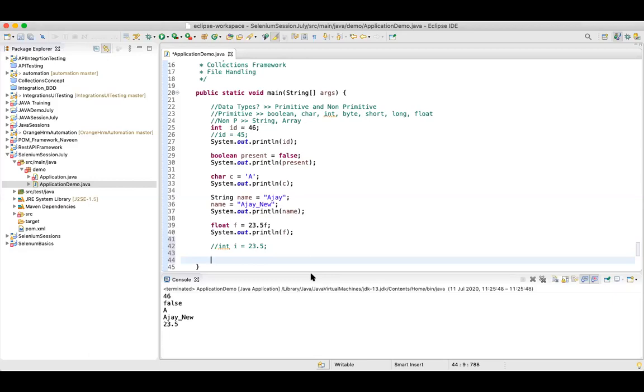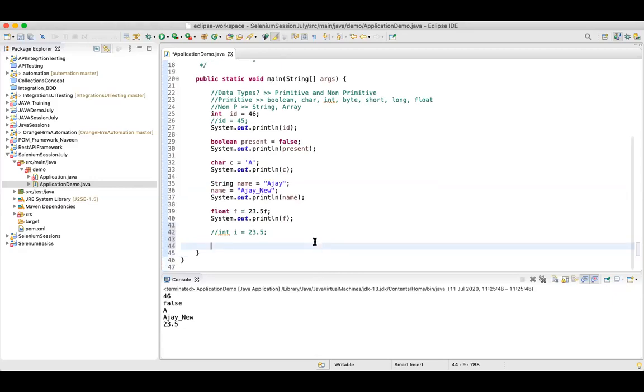Okay, guys, now there's one more thing. This is your simple data type. But there are multiple instances wherein you actually want to convert your data type. Let's say someone is giving you data in integer, but you are expecting data in string.